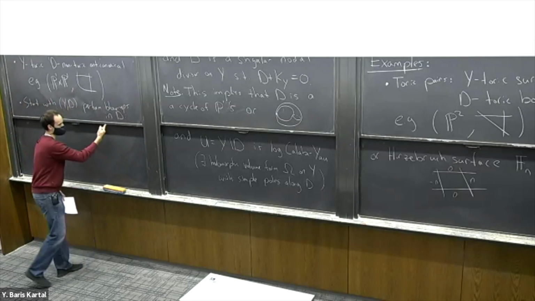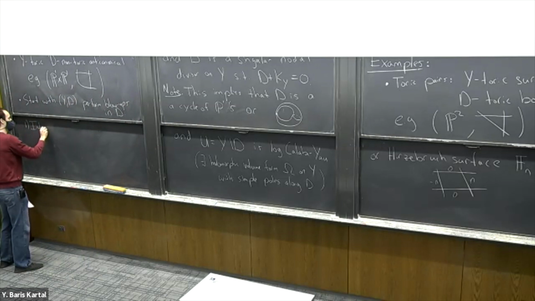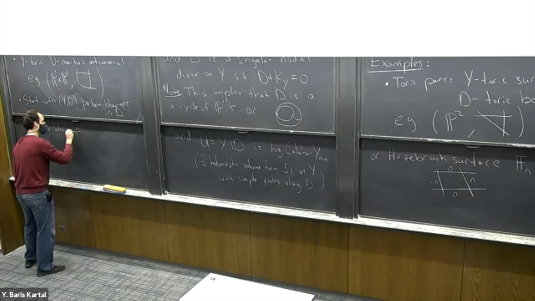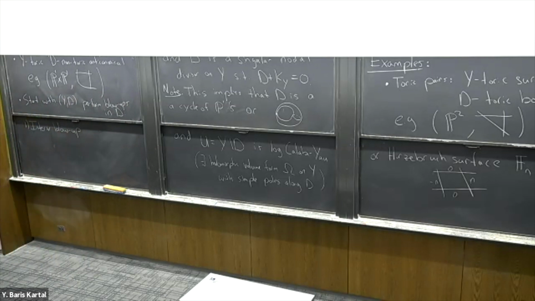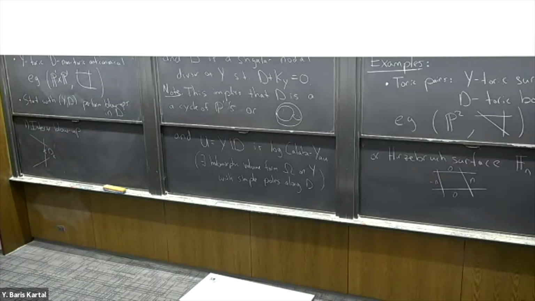Okay, so I'm going to explain what I mean by that. There are 2 types of things that you can do. So one, you can do what I'll call an interior blowup, which looks like this. So you have some piece of your chain of P1s, and you take some point inside of this, some Dk, and you blow up there,